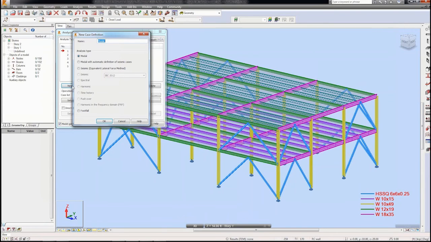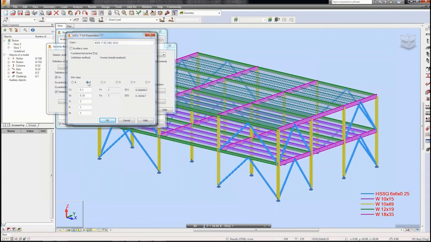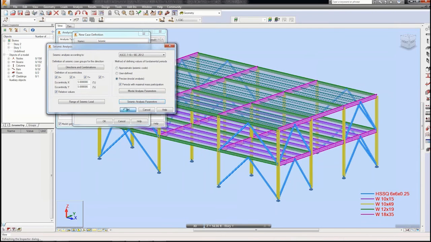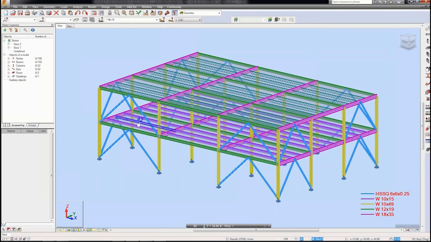We can then run through the calculations. You'll see here we can add in different types of load definitions in here. So we're putting a seismic one in here, and we can choose the appropriate design codes for this, as you'll see here as we're going through and putting the correct information into the calculations. So when we run the calculations, it gives us the correct outputs. So you'll see here, it's now given us all those listed in here, which we can utilize at any time. Okay, so once we've done that,